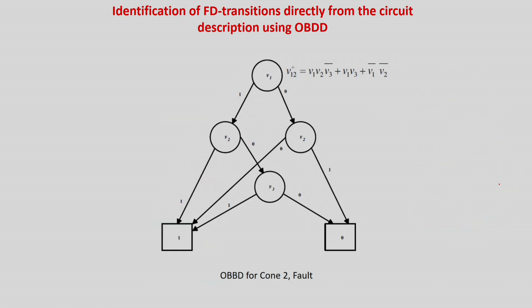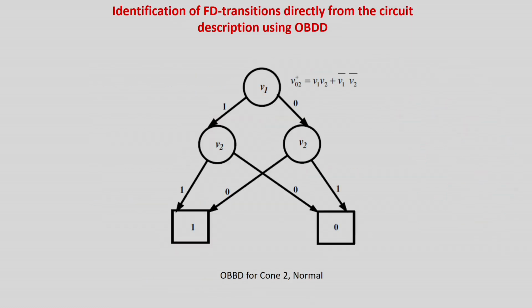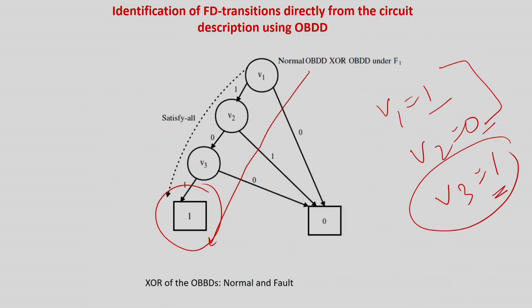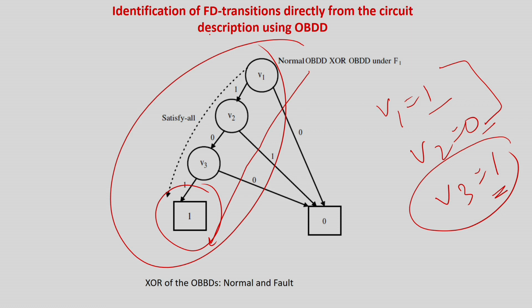Instead of using a finite state machine representation, where I found that 101 is creating the difference, I am also finding the same thing by a symbolic representation. This tells you that this is the present state and this is the input from where the error can be detected. But what is the error effect? How do I find out the error effect? This vector, V1 state 1 0 1 and this input, is going to lead to an error detection.